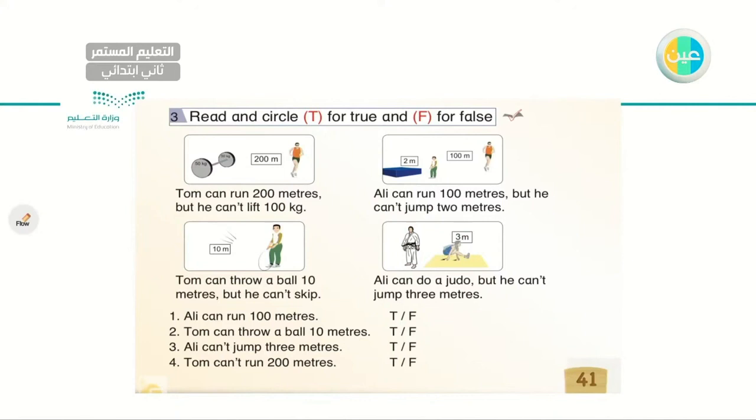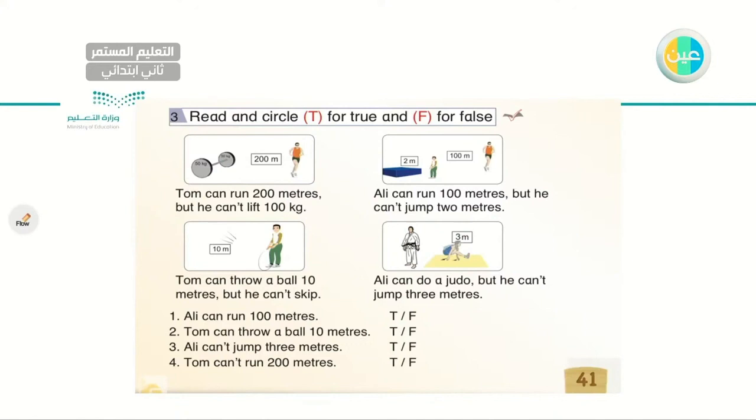Tom can throw a ball 10 meters, but he cannot skip. Last one, Ali can do a judo, but he cannot jump 3 meters. Okay, after reading all these 3 or 4 sentences, let's go to number 1 and try to figure out,